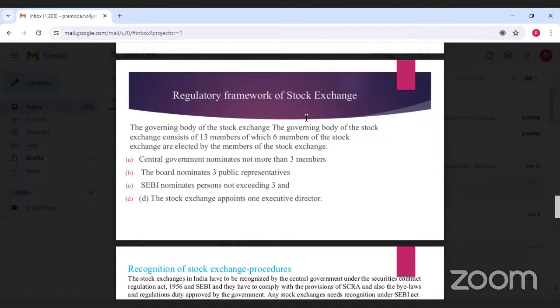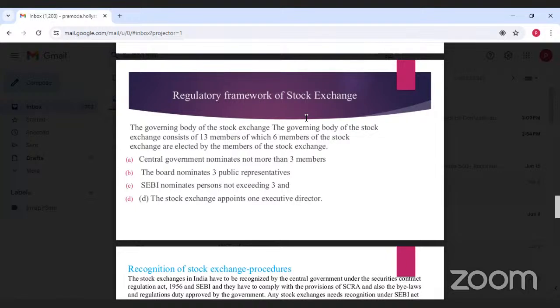Now, if you look at this, the governing body of a stock exchange consists of 13 members, of which 6 members are from the stock exchange and are elected by the members of the stock exchange. And who are in these 13 members? 3 eminent personalities from the central government who are well versed in the field of economics, finance and so on. Such eminent personalities, 3 people will be there from the central government, 3 public representatives, 3 SEBI nominees, and